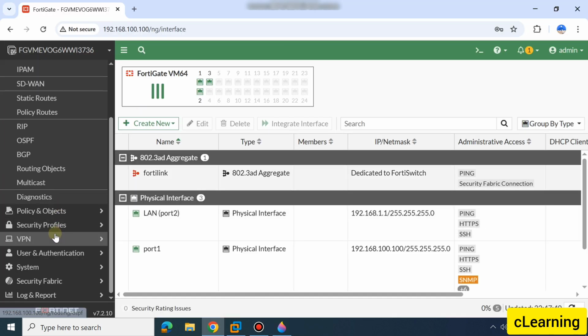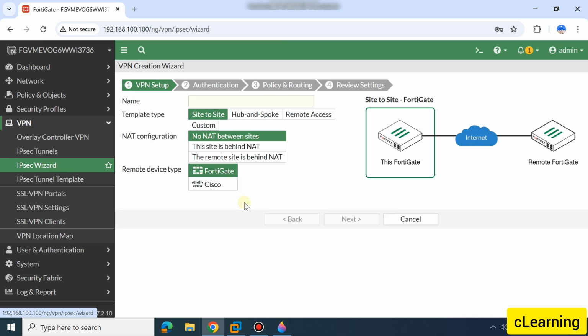We will go here in VPN, and here we'll go to the IPsec wizard. First of all, we will give the name of the IPsec tunnel. I am creating it here as IPsec-VPN-A-to-B-site. Okay, and then this is the site-to-site VPN. If you want to create an IPsec VPN for remote access, go and watch my video. I have already created a video on remote access, how to create an IPsec tunnel for remote users. Here you are using a site-to-site VPN, so select site-to-site VPN, and then here